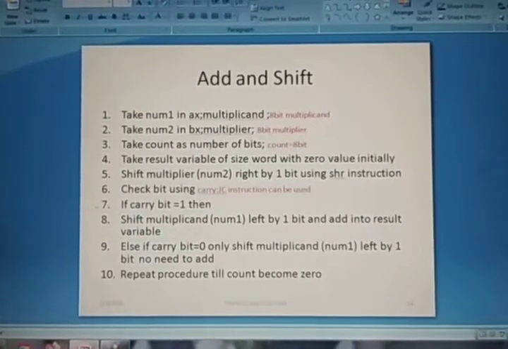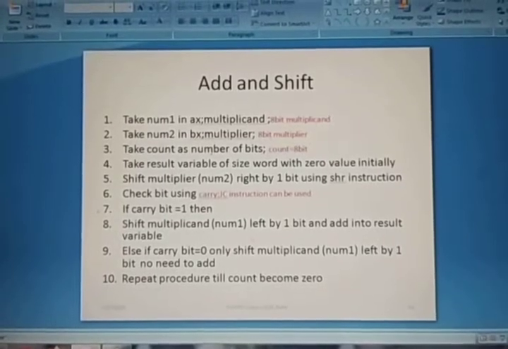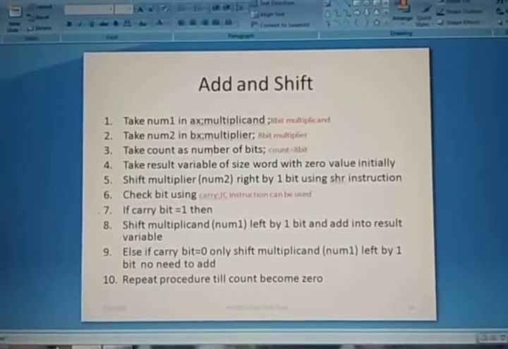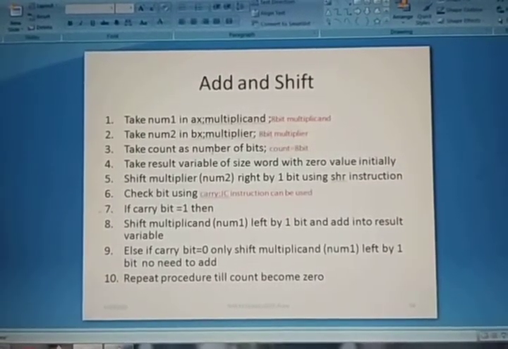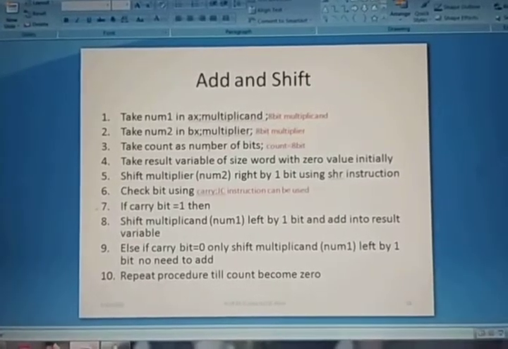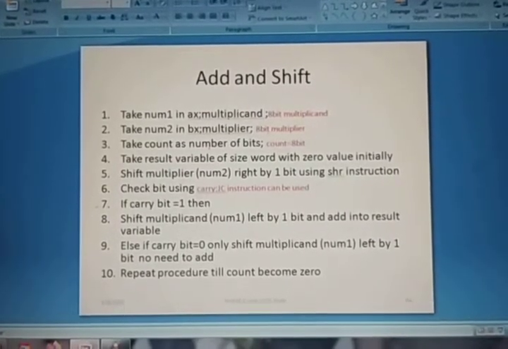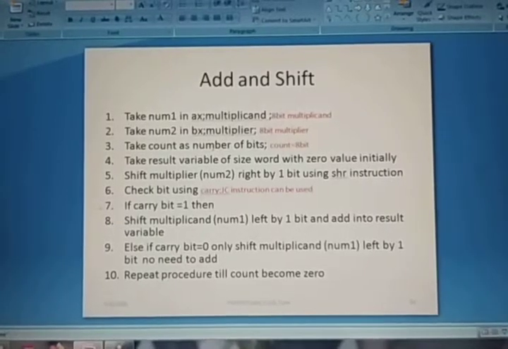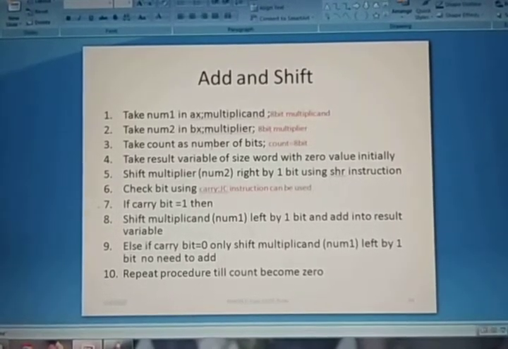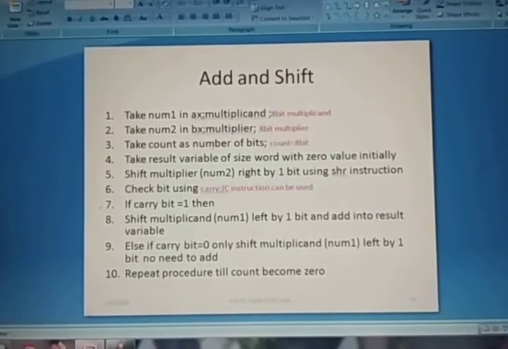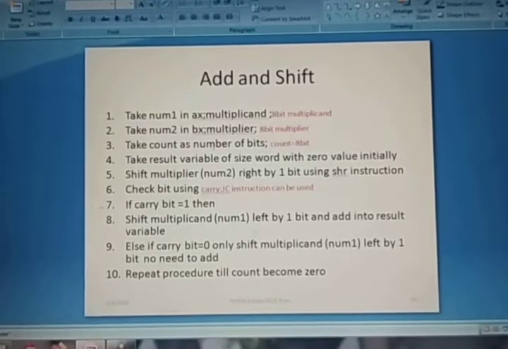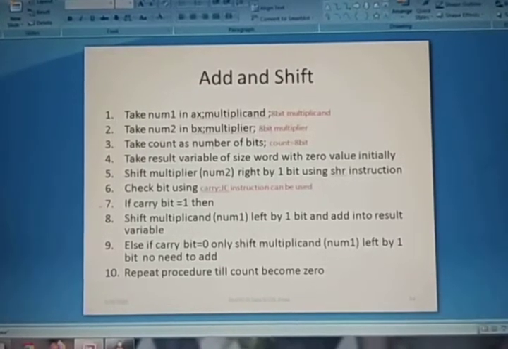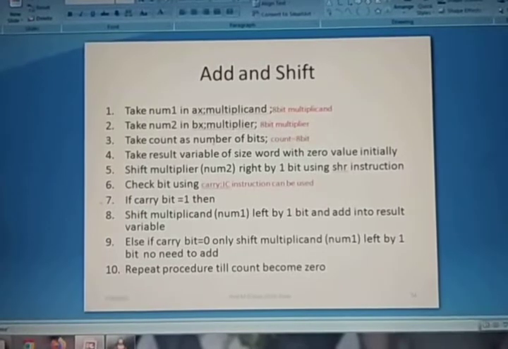In the add and shift method, first take num1 in accumulator AX, and this is the multiplicand, and take num2 into BX, and that is the multiplier. So you are taking two 8-bit numbers, the first you are using as a multiplicand and the second as a multiplier. The first number you will move into the accumulator register and the second number into the BX register,